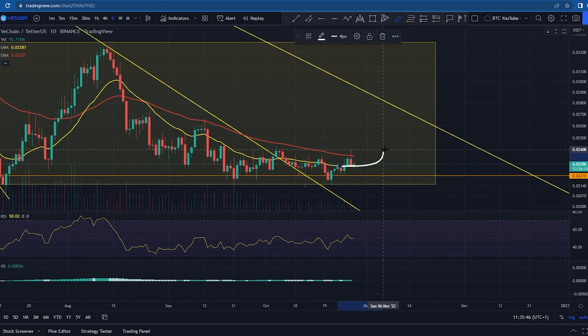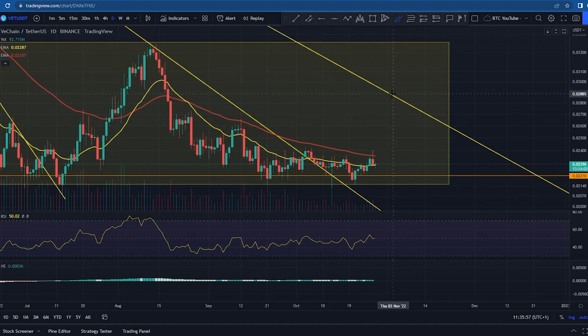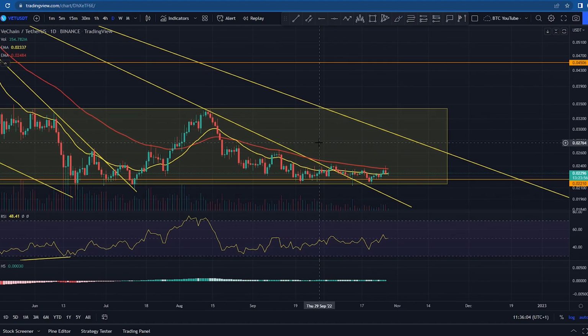But looking as though we may be potentially retesting the 20 as support, you do want to see, like other cryptocurrencies have been seeing, a bit of a break to the upside towards the top of their range. At the very least, retesting this resistance here at around that 2.8, 2.9 cent level. You would want to see this for Vechain, because it's really not been moving much, has it, at all over the past